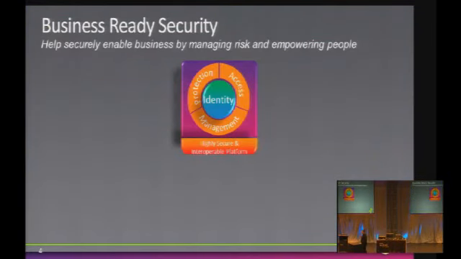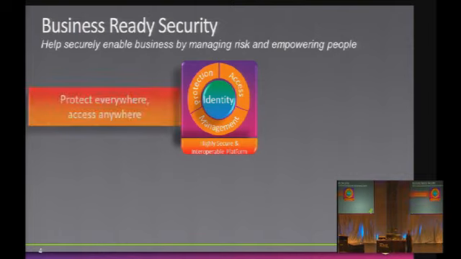We're talking about this idea of business-ready security, and a good part of that revolves around identity management. In fact, a couple people, Chris and Paul, have talked about FIM, and a lot of people have made comments like identity management is the core of a successful cloud initiative. I believe that. That's probably very true. In fact, when you think about it, just about everything you do has to revolve around identity management. If you can't figure out who these people are and if they're authorized to access your services or vice versa, you have no hope of controlling any of it, right? So identity management is critical.